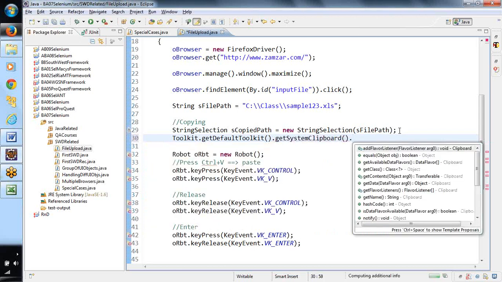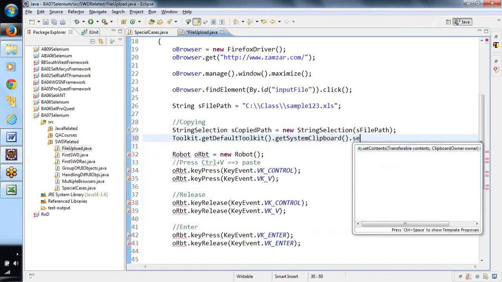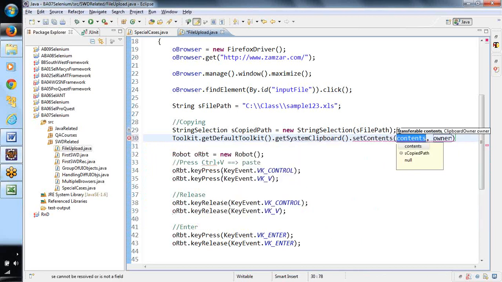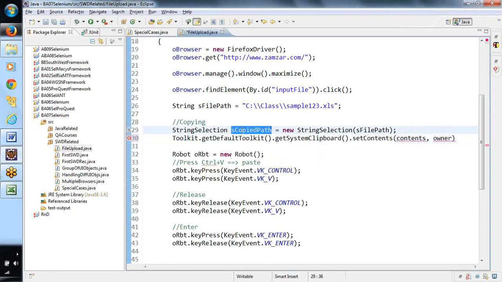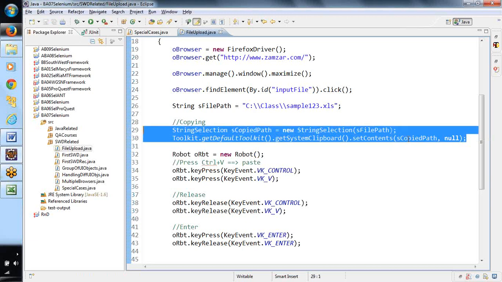Okay, yeah, got it. This is setContents, copy the path. Here we are not going to pass any value. Basically, these are the two lines which will help us to copy